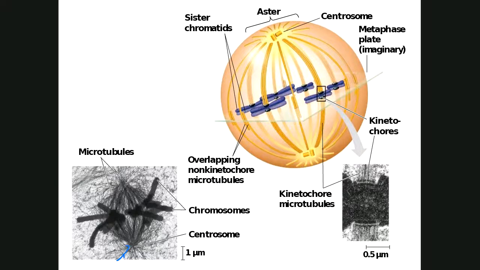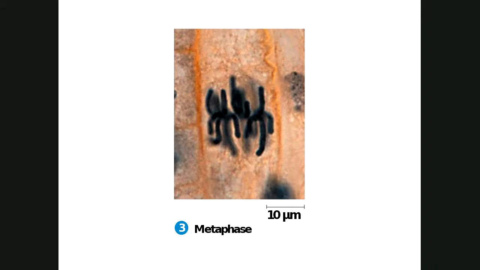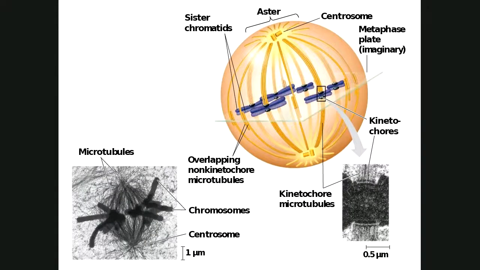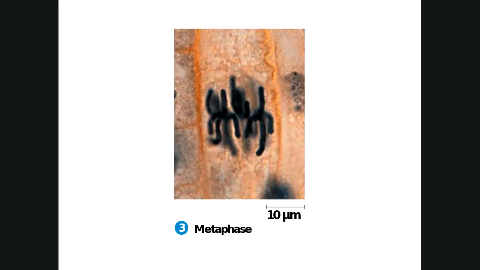Under a microscope, when we look at our onion cells, it'll look something like that. So if you're looking at that, you go, well, are they all in the middle? There's all these pieces hanging out here. Remember that these chromosomes are molecules, and they're all on that metaphase plate. I tell my students, imagine if you're looking up above at a clothesline with a bunch of clothes on it, and all of the clothes are on the same line, but the wind is blowing the tails around. So they're all lined up on the clothesline, but the movement causes them to look like there's pieces hanging out from the middle. But that's metaphase. Very easy stage to remember.